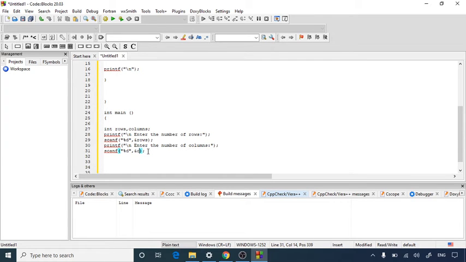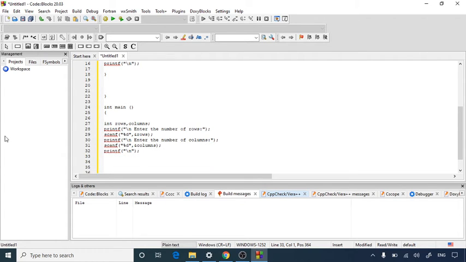So two values I have taken from the user, rows and columns. I am going to print a solid rectangle of asterisk signs, or we can say star signs. After that I am going to use one more printf statement for going to the new line, so let's add one more \n printf statement.